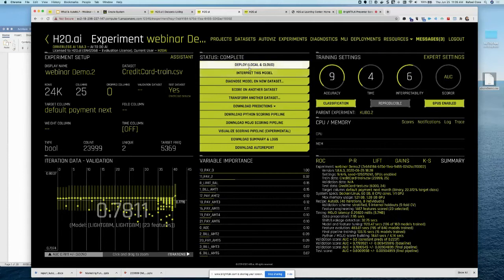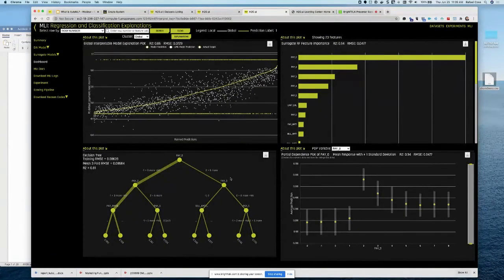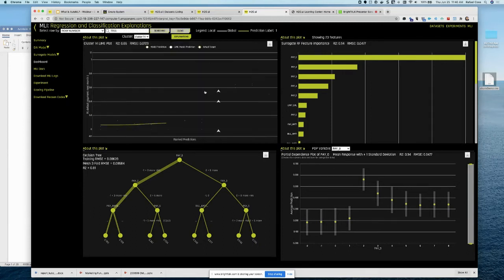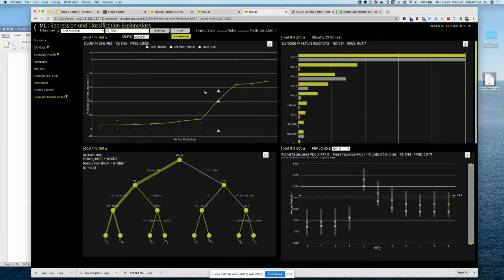The other thing is that before we deploy this model, and we make it easy to deploy, we have a, let's interpret this model, right? So I can look at a dashboard to explain this model. Here on the top left we're looking at a collection of surrogate models that are built. The nice thing is that this allows us to get things like reason codes. Reason codes help you understand why a particular decision is being made. And these explanations can be global or local, right?